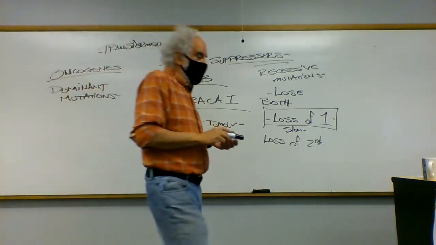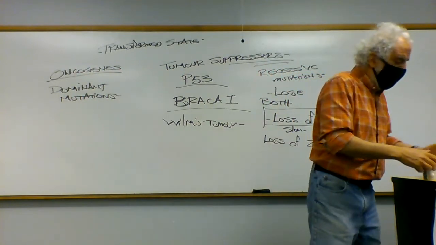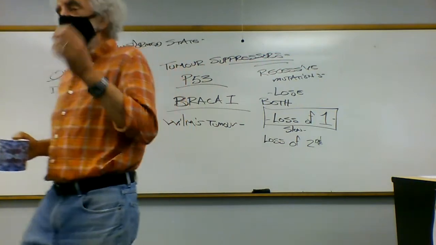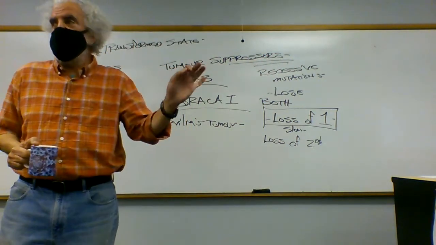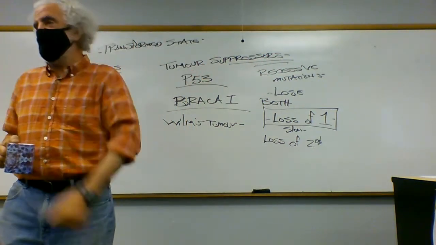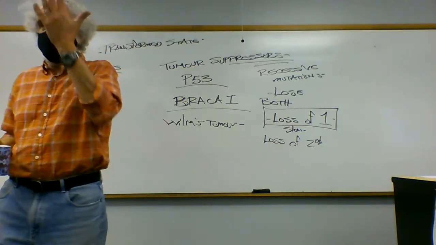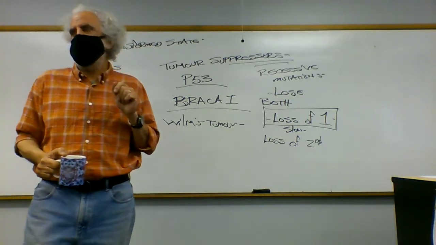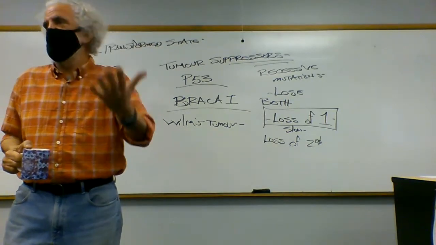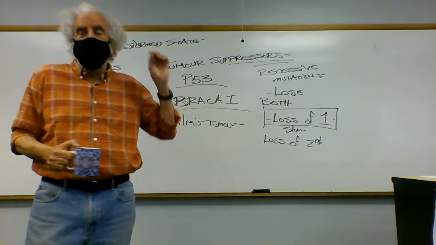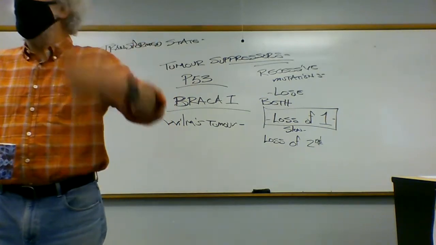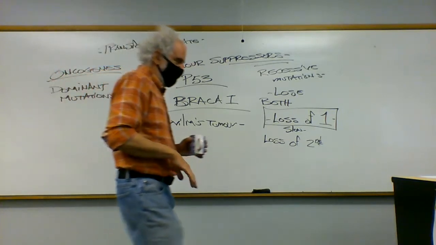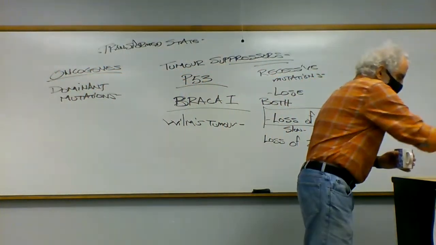So that's why there are screens for different tumor suppressors associated with different kinds of cancers. And if you have a mutation in one of those, then your chances of developing a cancer later in life are much higher. Probably if you have a mutation in both, you don't make it out of the fetal development stage. So nobody is missing both of them and able to get up and walk away. But this two-hit hypothesis makes it so we've got to have a number of events that happen.